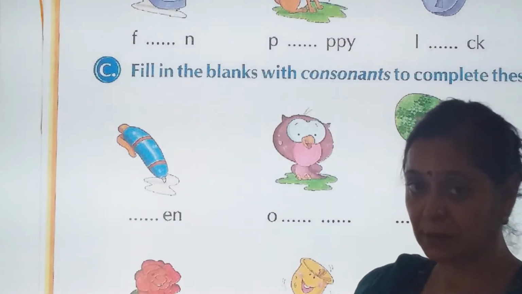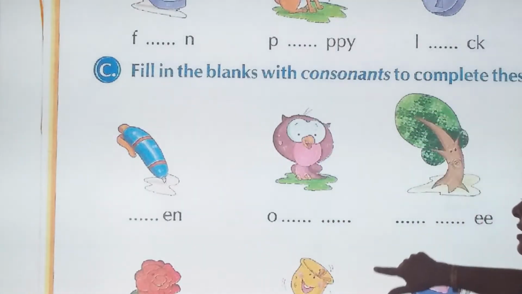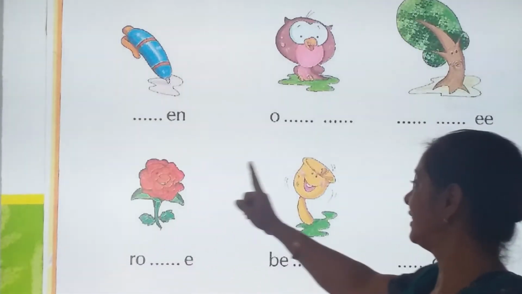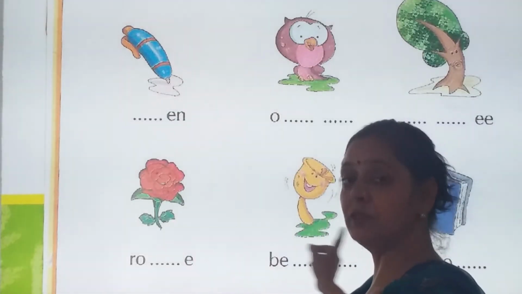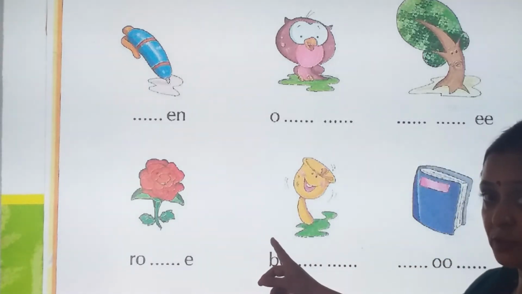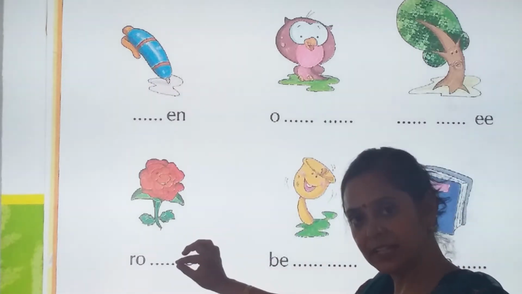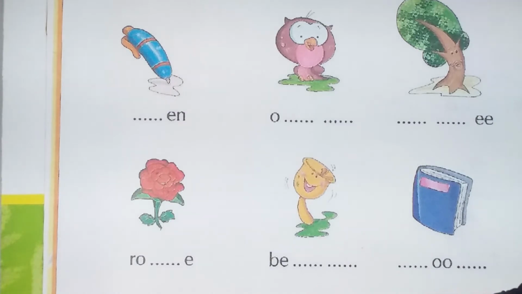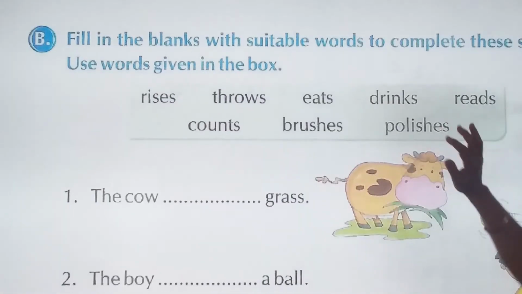तो आपको समझ में आया vowels and the consonants. Next one. Yes, rose, bear, book, bird. So 4 of these you will be doing. What are the missing letters over here? You have to recollect the spelling and write down the missing letter over here. So these are the vowels as well as the consonants. Followed? Yes. Now we will switch on to another exercise.